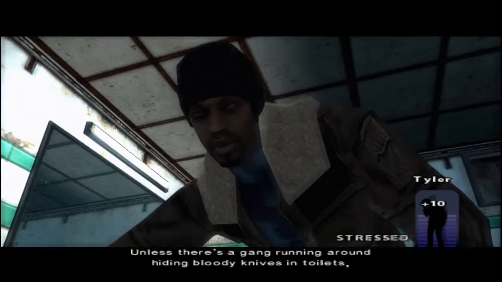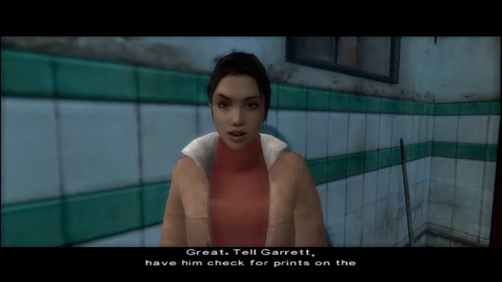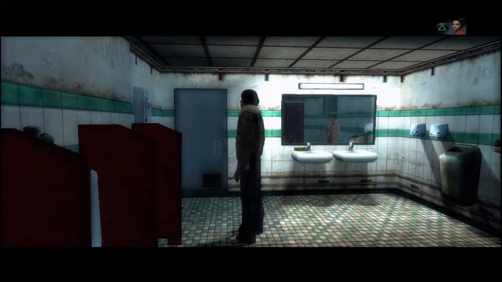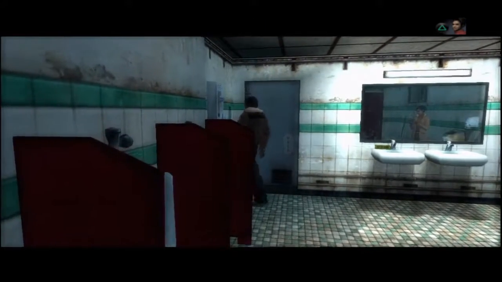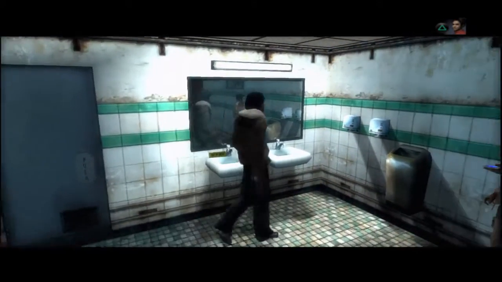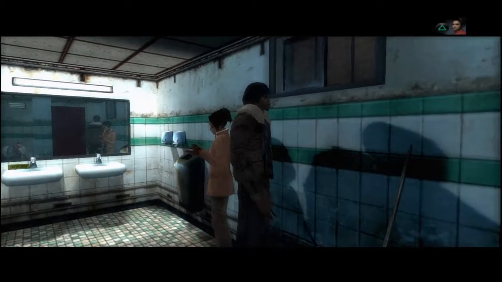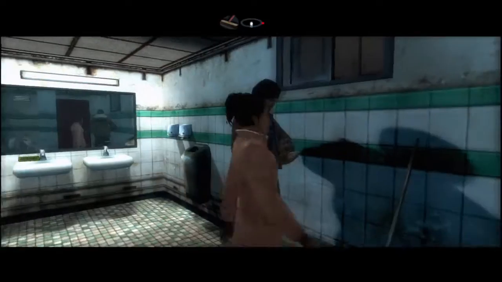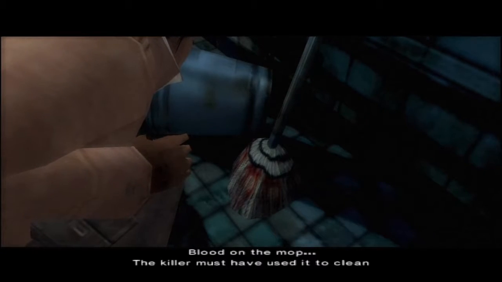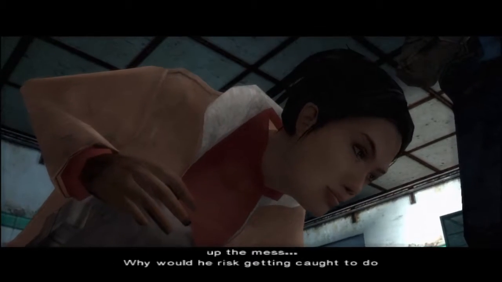Unless there's a gang running around hiding bloody knives in toilets, I think I might have found the murder weapon. Great. Tell Garrett, have him check for prints on the handle. Okay. Blood on the mop. The killer must have used it to clean up the mess. Why would he risk getting caught to do that?